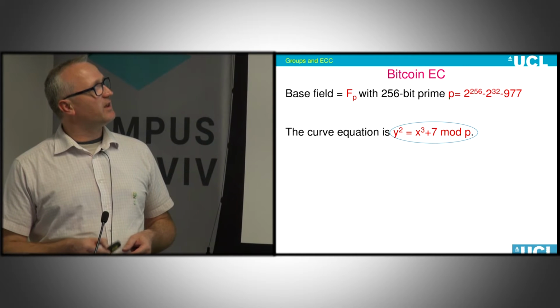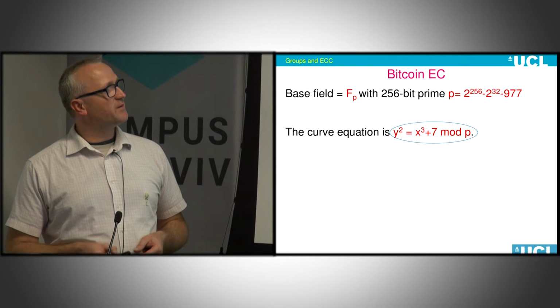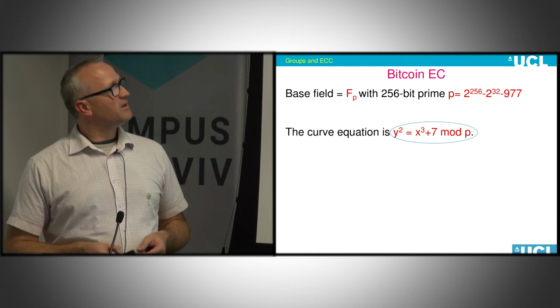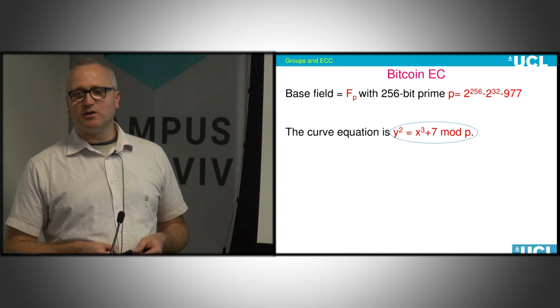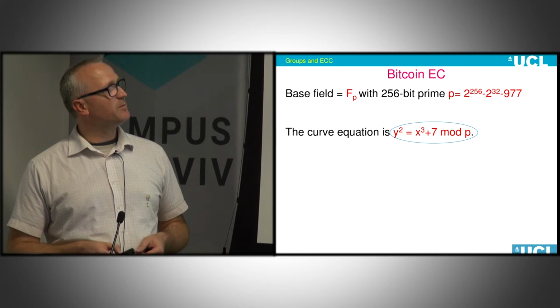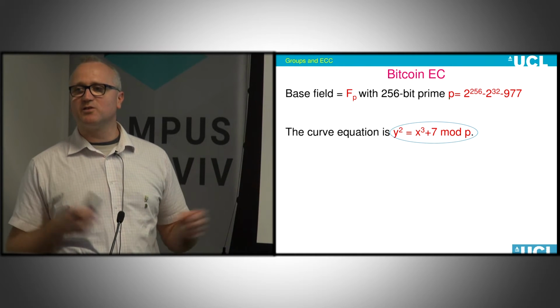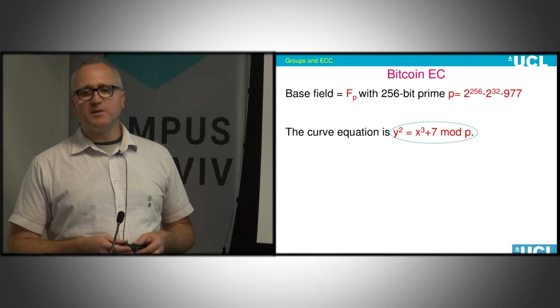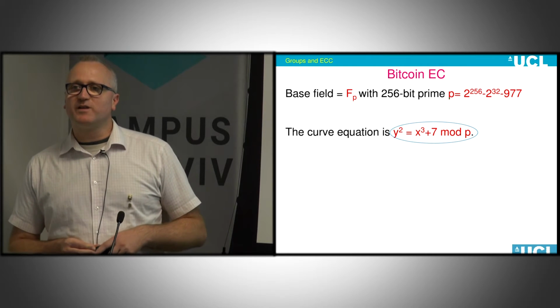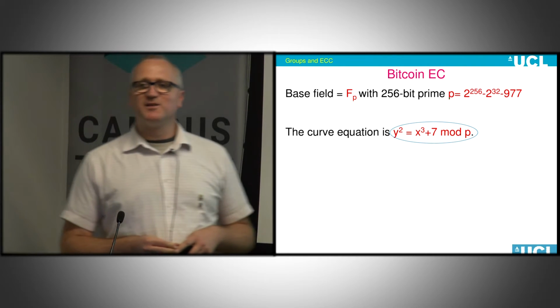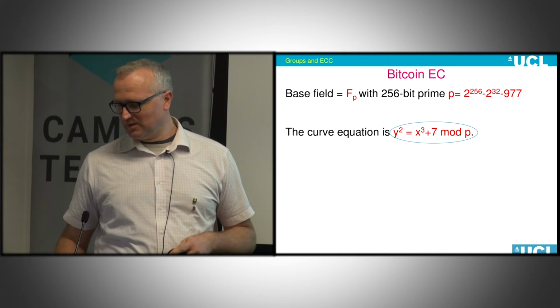If you are interested in particulars, this curve has very special properties. It uses only small integers. Okay? So there is one coefficient which is actually 0, and the other is equal to 7, like b is equal to 7. For typical elliptic curves, you would have b, which is a large integer. In cryptography, every year, it's like 50 papers published breaking things because they use small integers. Okay? So it's not like a theoretical threat. Okay? There's lots of attacks.